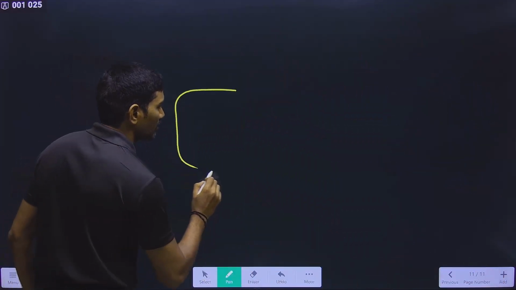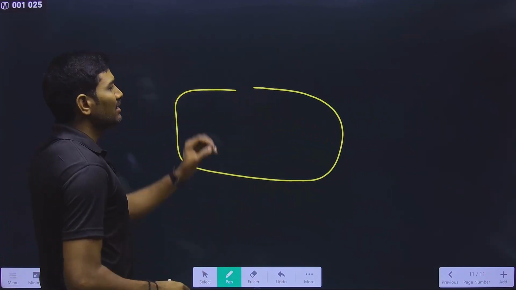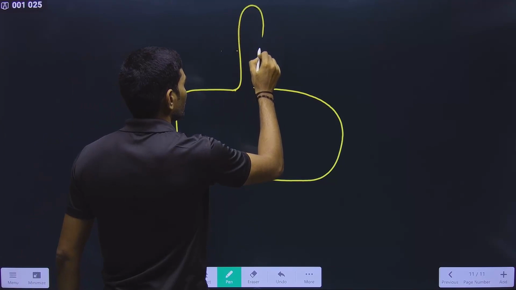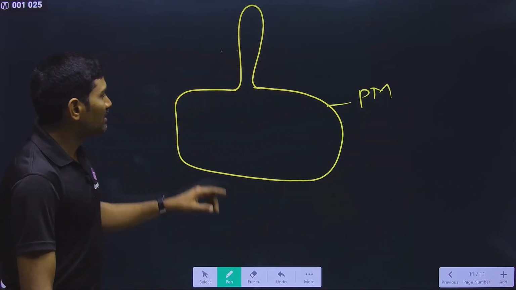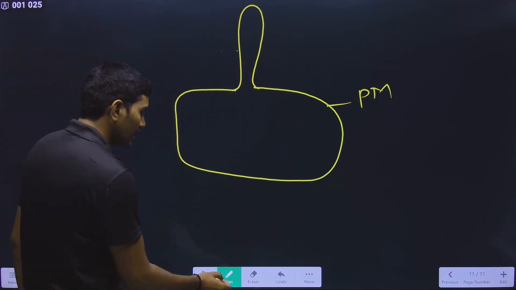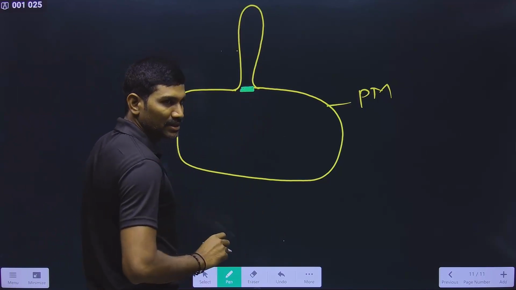Suppose this is the plasma membrane. Now we are drawing the cilia or flagella. Cilia will be shorter, flagellum will be longer. That's it. Okay. This is the plasma membrane. Please remember, plasma membrane itself is having a fold here. And now what we are saying here, at the level of plasma membrane, there is a basal plate, and